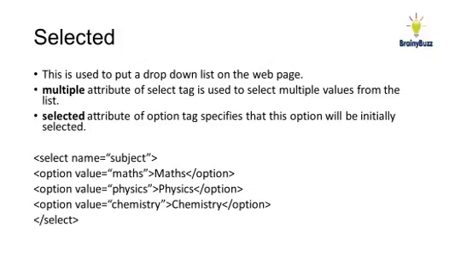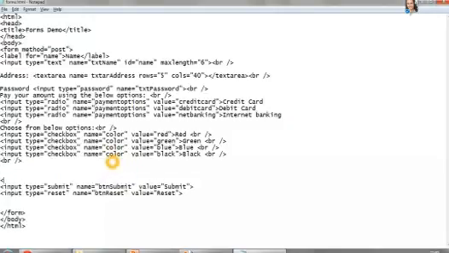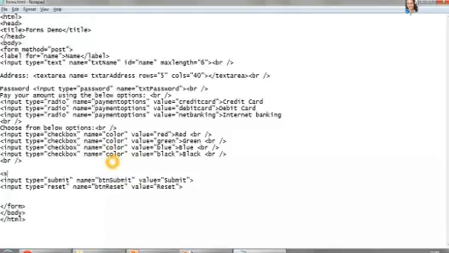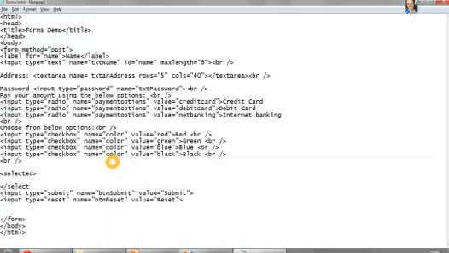Another thing, you have the select. When you want a drop down to be present in your web page, then you use the select tag. This is the way you put the select tag. That means you want to put the options also.